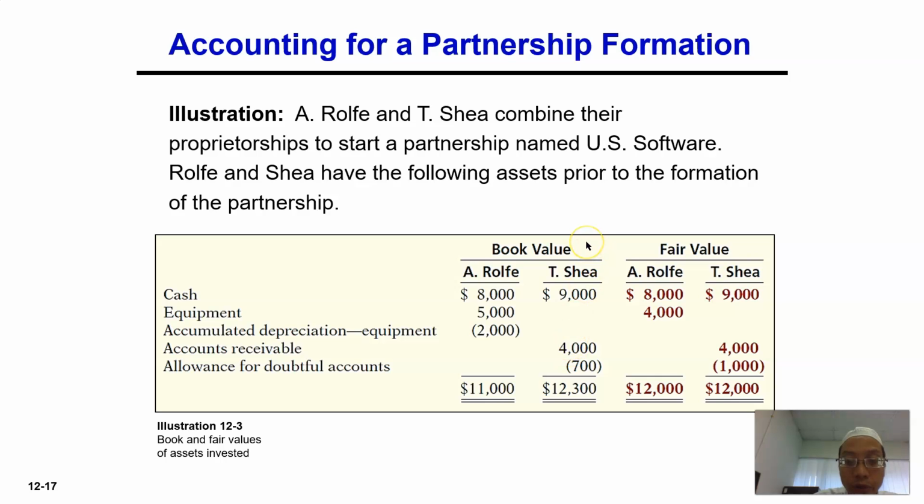These are the book values as in their accounts, but when they want to join together, they reevaluate